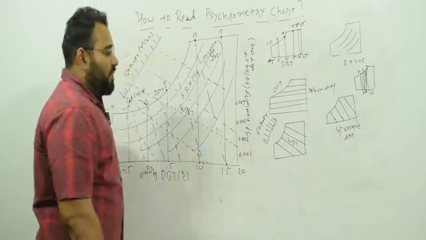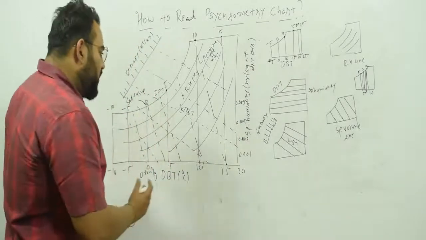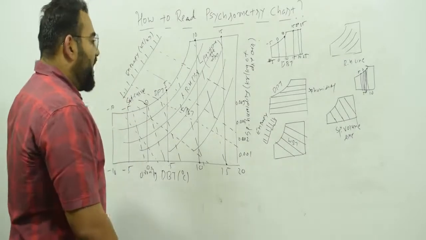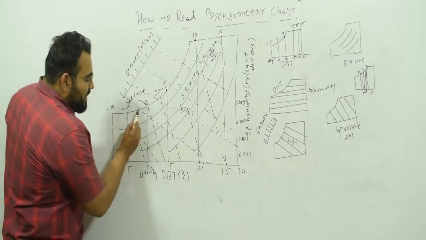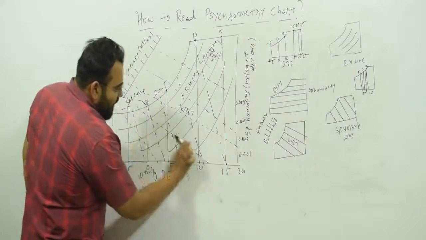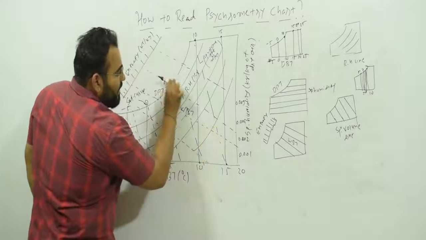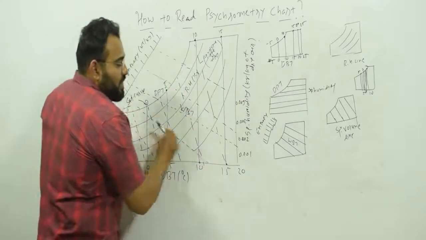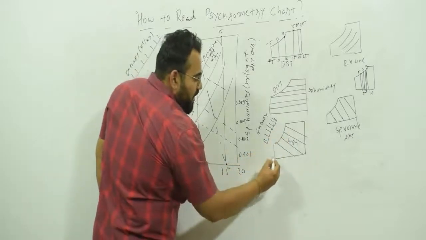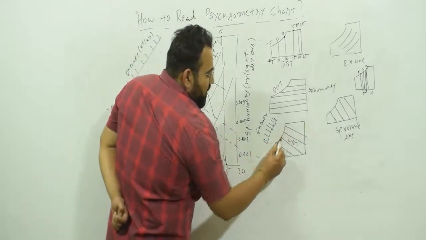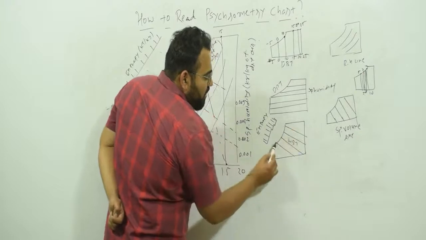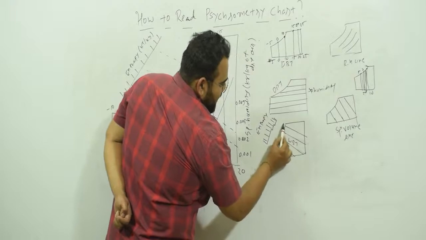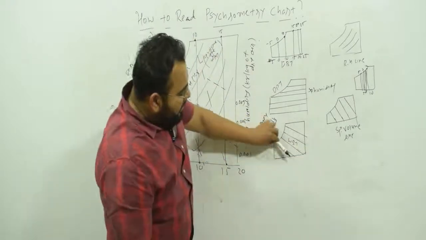Okay, so remember that. Next thing we are going to see is a WBT line, meaning wet bulb temperature line. So you can see this kind of cross line, like this, like this, like this. These all are the wet bulb temperature lines. So it will be something like this. If I draw only the WBT lines, they go like this, like this, like this. So these all are the WBT lines.